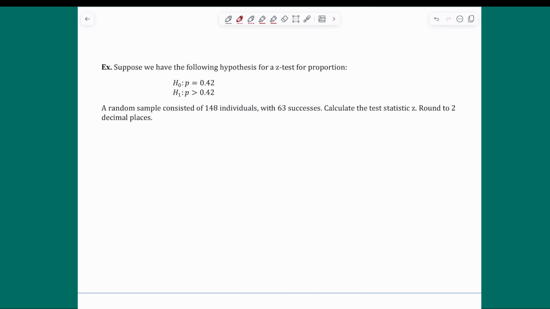All right, so once again, the test statistic we're using, from what I mentioned above, is p hat minus p divided by the square root of pq over n. So let's identify our statistics that we need. We need n, which was 148 individuals or trials, and the number of successes. I like to denote the number of successes using r, but some people use x. It doesn't really matter. r equals 63 successes, and that will give us our p hat, which is r over